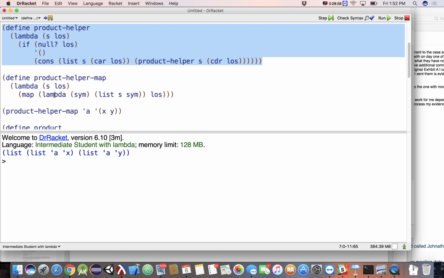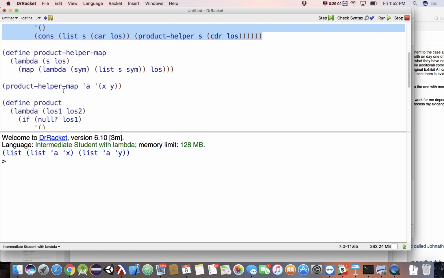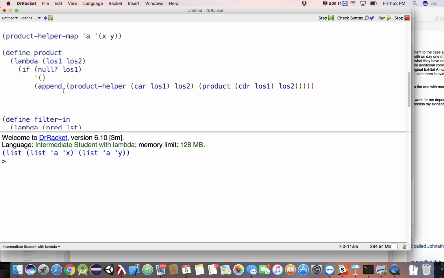Go ahead. For the map version, I did have a shorter thing that did work. I had the same thing you had, but with the append map lambda. After all that, I called product again and then just did the car of the first list. So you did product as a map? Yeah. So you appended. What was the first thing you appended? So it was define product SOS1, SOS2, if null SOS1, empty list, append map lambda S2 list, and then car.